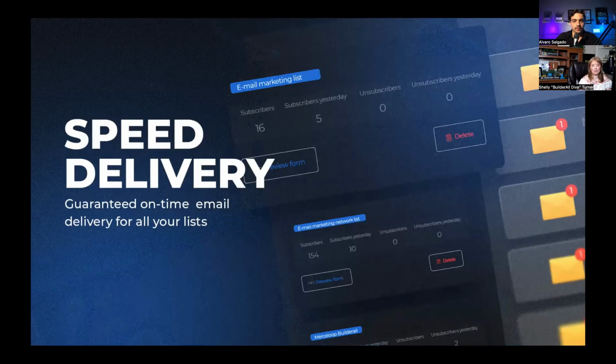I love this part too. We have an incredible delivery speed, so that when you set up your emails to go out, you can rely on the fact that they're going to get there, and they're going to get there fast. And this is really, really important, especially if you have timed emails that need to arrive by a certain date and time to be able to announce a launch, or announce a special offer or something like that. We have incredible speedy delivery, and that's another great feature of our platform.